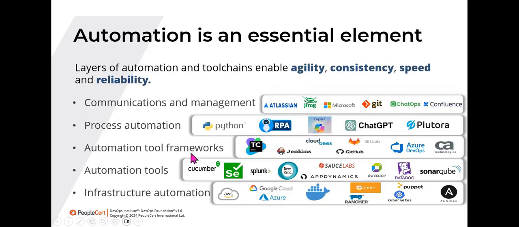Automation tool frameworks, so things like TeamCity or Microsoft Azure. Jenkins is the most popular and kind of the original CI automation platform. For GitHub, GitLab, very popular. Azure DevOps, very popular. CA Technologies, many others. Things like Harness probably should be on the list now. Automation tools, Cucumber for automating testing, Selenium,